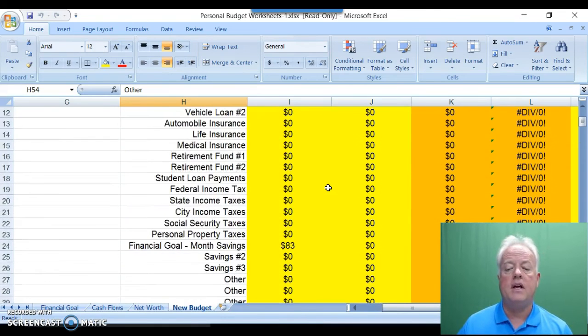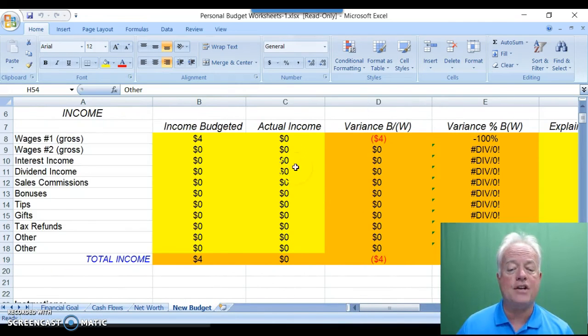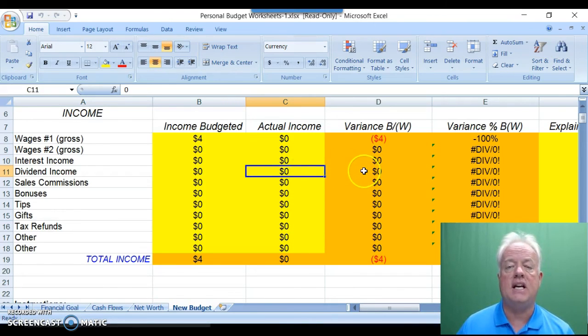At the end of the month, which will occur within 30 days, I'm going to ask you to go back and update this very worksheet. It will be the only worksheet you'll update at the end of the month. In doing so, you will, at the end of the month, update what actual income you received. The actual income for wages, interest earned from your bank statement, perhaps any dividends or bonuses or commissions, and it will then, as you see in these orange shaded cells in columns D and E, it will then automatically calculate